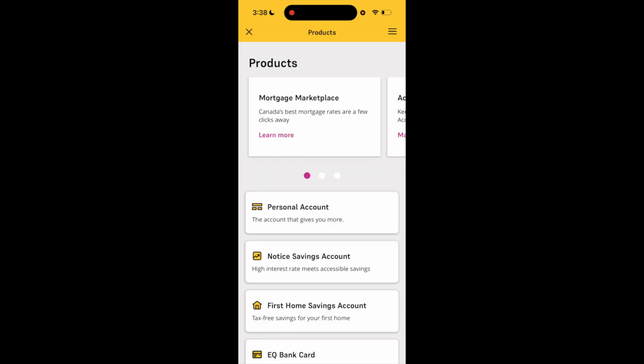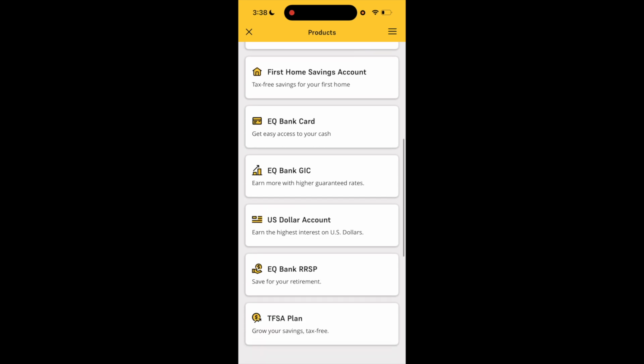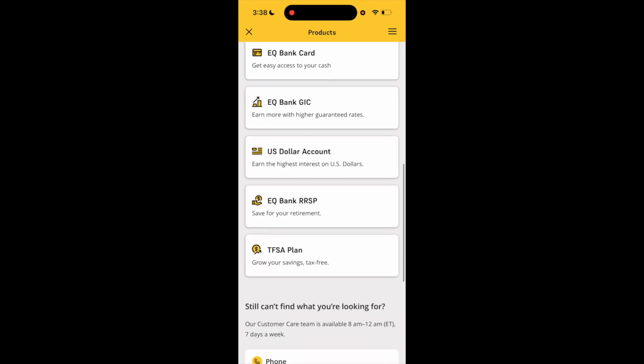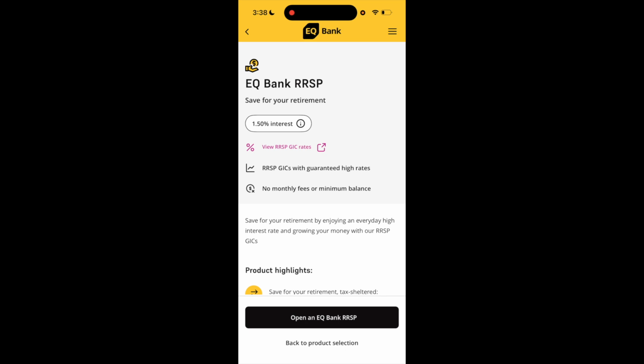Once you're on this page right here, you can scroll through a bunch of different products that are being offered. So if you want to go ahead and open up an EQ Bank RRSP, say for your retirement, go ahead and select this option right here. It'll then bring you to this screen right here where you can go ahead and read about the EQ Bank